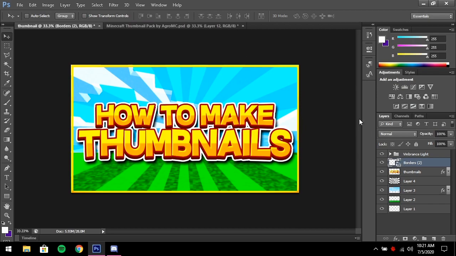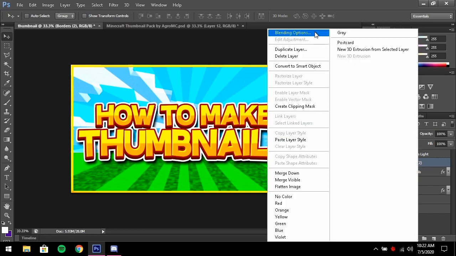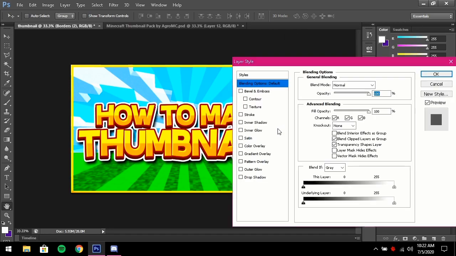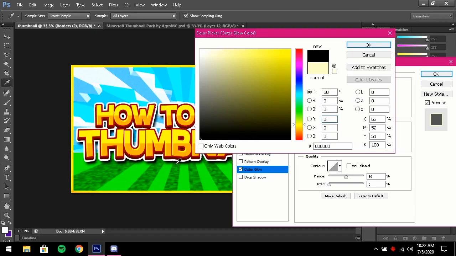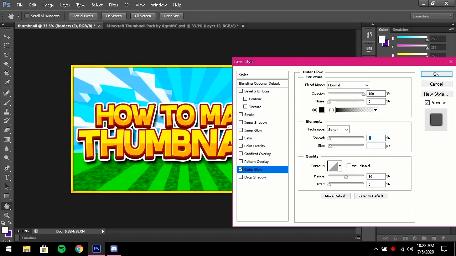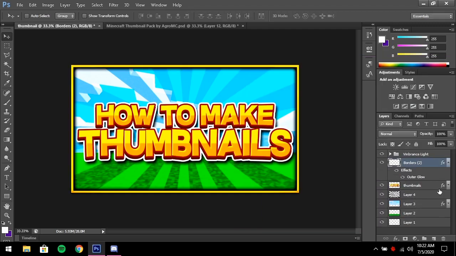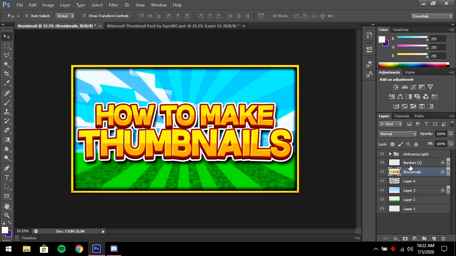Now once that's there, right click and rasterize layer, right click it once again and go to blending options, go to outer glow, set the blend mode to normal, opacity to 100, set the color to black, set the spread to 10, and the size to 45. There we go. Make sure that's on top of your text,